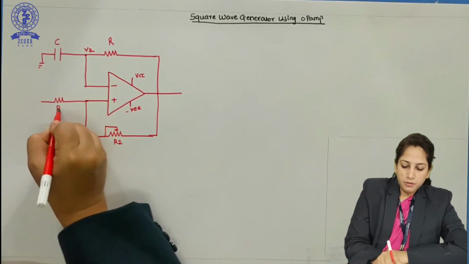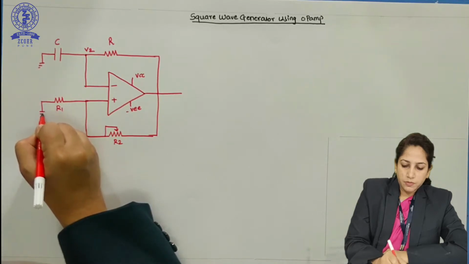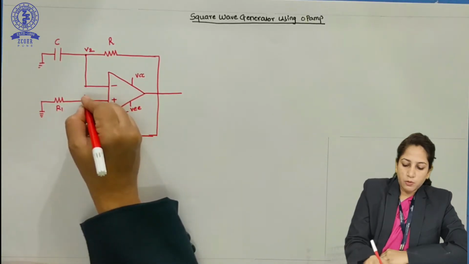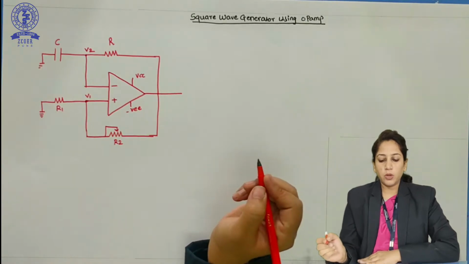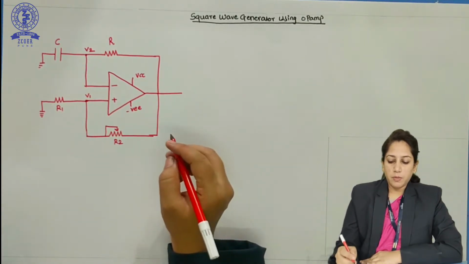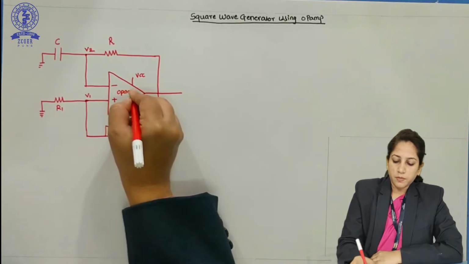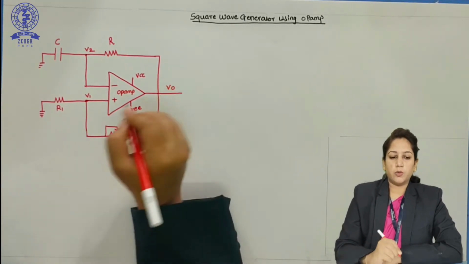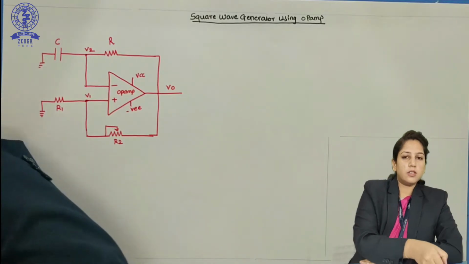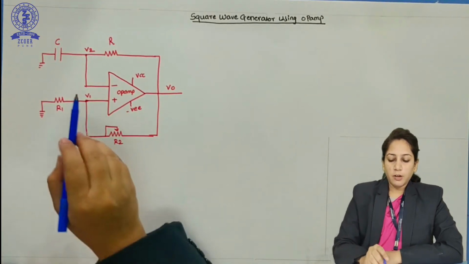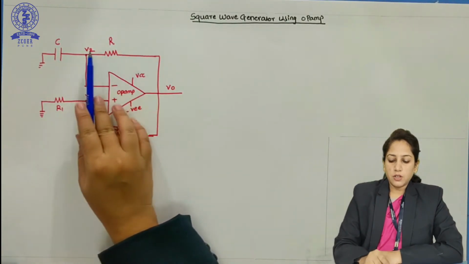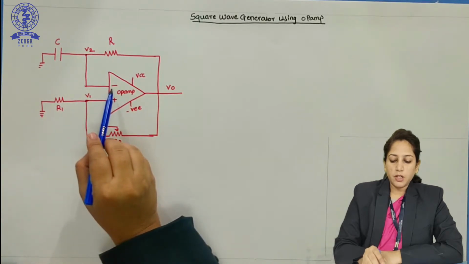Here will be R1, and consider here a voltage V1. So this is an operational amplifier, and here I will get an output V0. I have connected a capacitor and a resistor to the inverting terminal, and